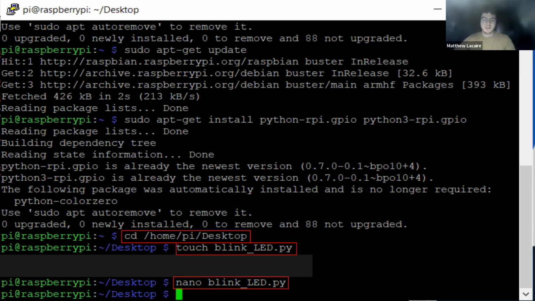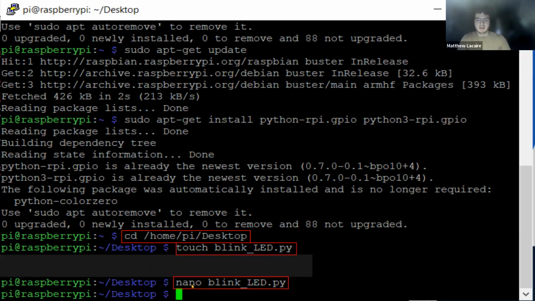So I'm going to go to the desktop. I think that's a good place to put our Python script. So I decided to move to the desktop here using cd. And then I create the actual Python file itself, which is blink_led.py. Excuse this, there's an error. But what you're going to use is something called the nano editor. This is a within-terminal editor for the Raspberry Pi itself, and it's kind of cool. You don't have to actually access the desktop itself. You can just program live